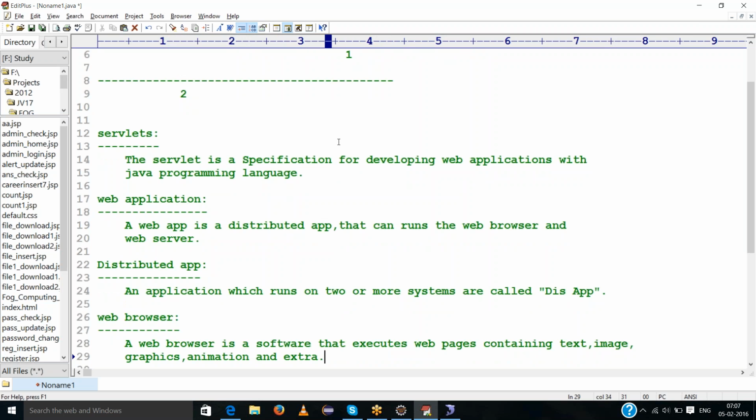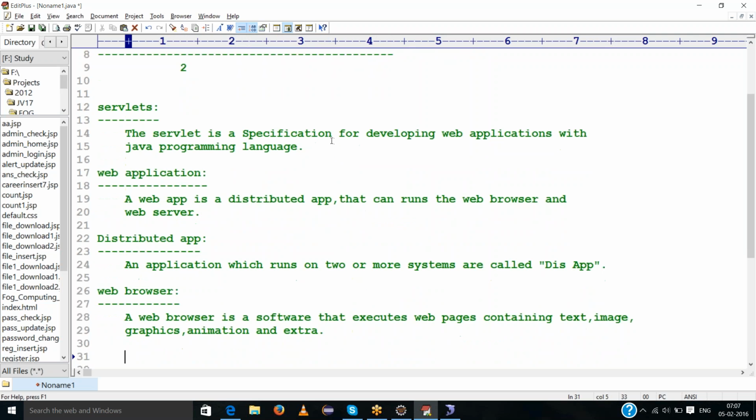The web browser is software that executes web pages containing text and images. These are nothing but a web browser.